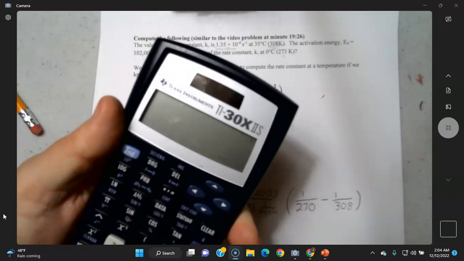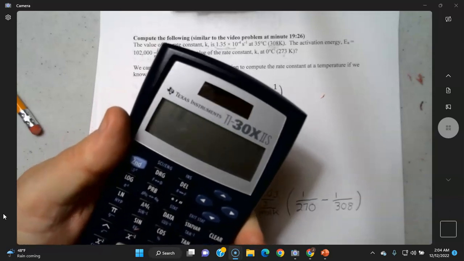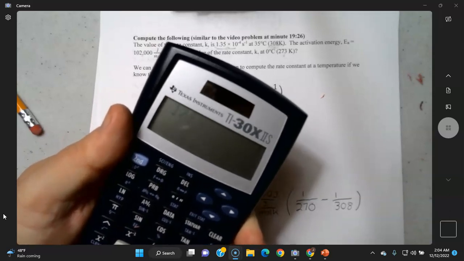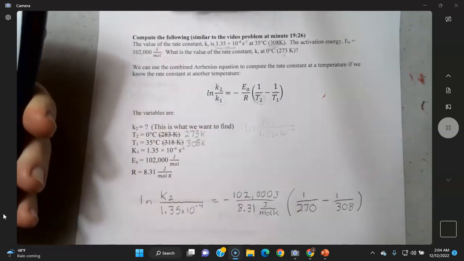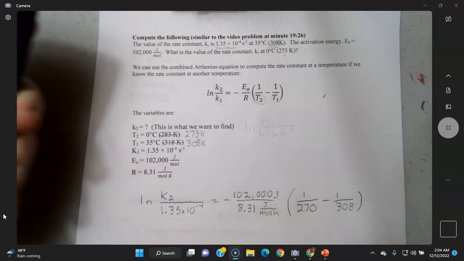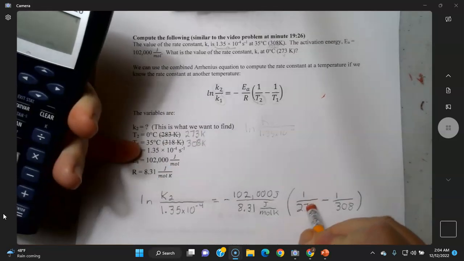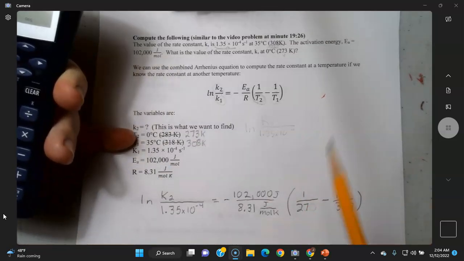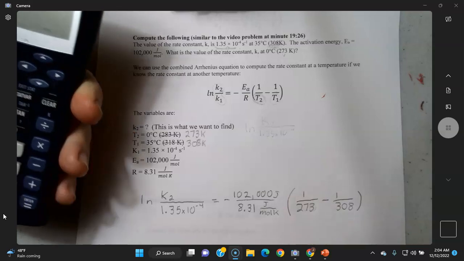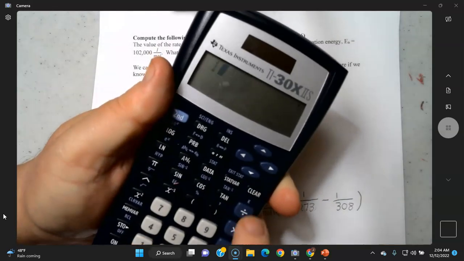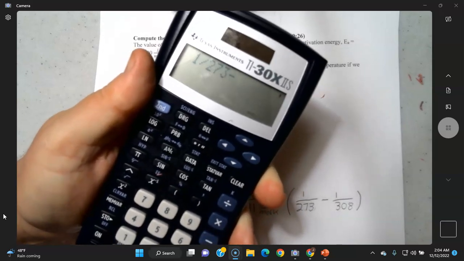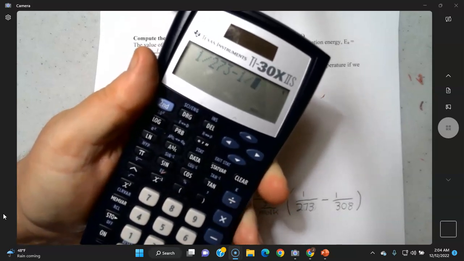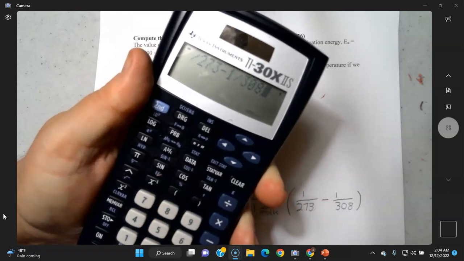You don't even need parentheses for that. 1 divided by 273. Okay, so let me start again. 1 divided by 273 minus 1 divided by 308, and that equals